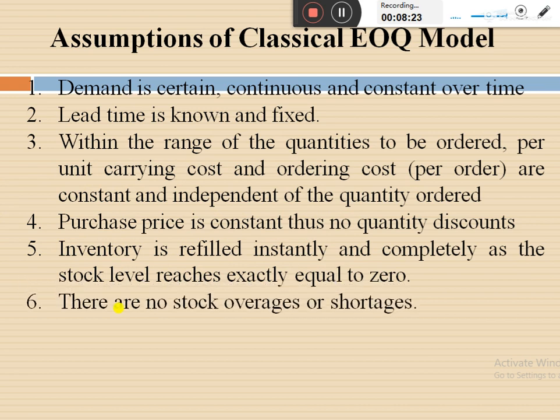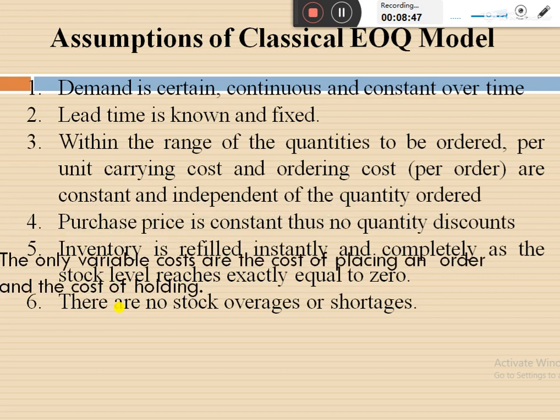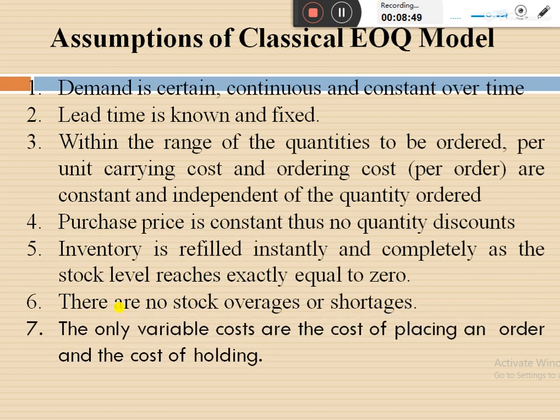The next assumption is that there are no stock overages or shortages. It means if orders are placed at the right time, then the stock outs or the shortages can be avoided completely. So it is the assumption of this classical model that there is no stock overages or shortages. And after considering all the 6 assumptions of this model, the 7th assumption comes out as